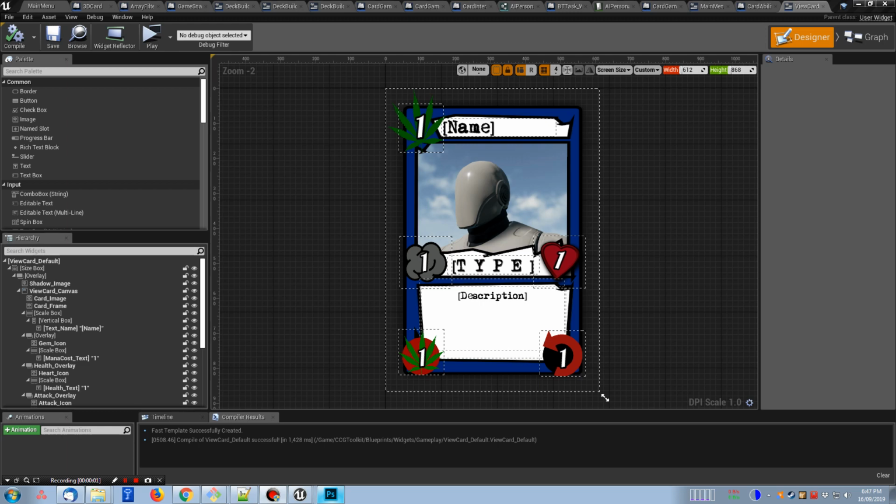Hi, I'm just going to do a quick video to help out Shofio in the CCG Toolkit forums. Shofio was saying he was having difficulty updating the card layout in the view card, in the 3D card. So the view card is the 2D version of the card. So I've got the view card open here,